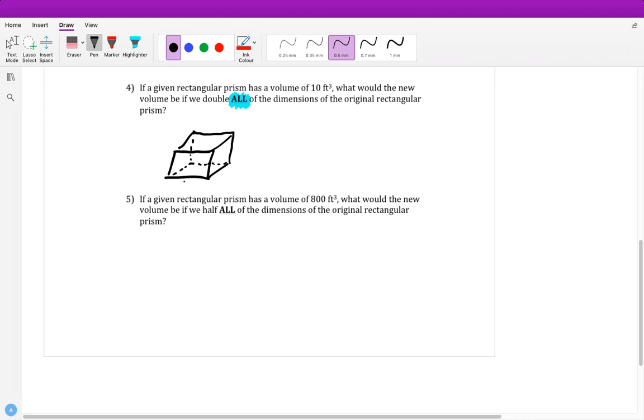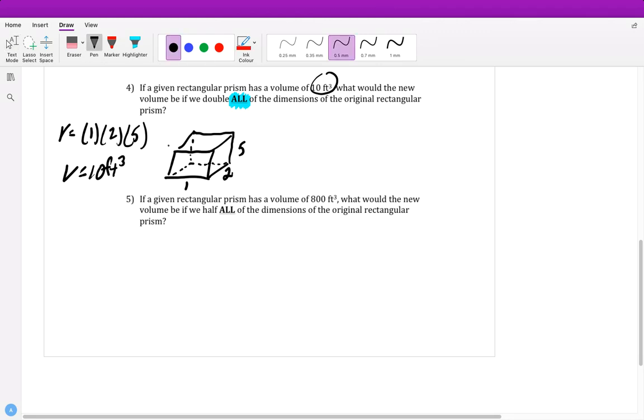So if we're doubling, let's say that we have sides of 1, 2, and 5. So if we were solving for this volume, 1 times 2 times 5 will give me 10. So that means we have a volume of 10 feet cubed, which is what this problem says. So this is an example of what we could have